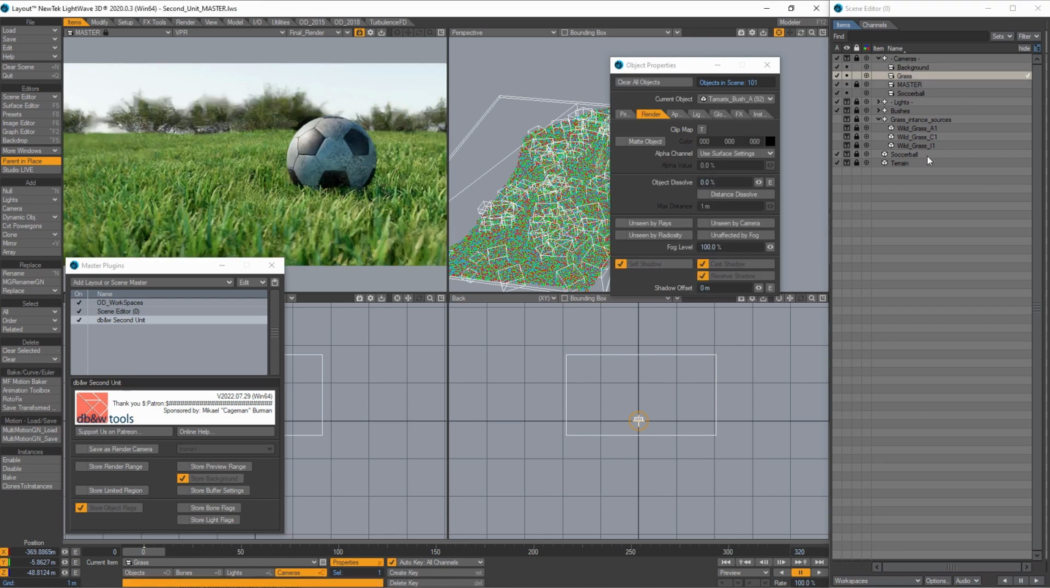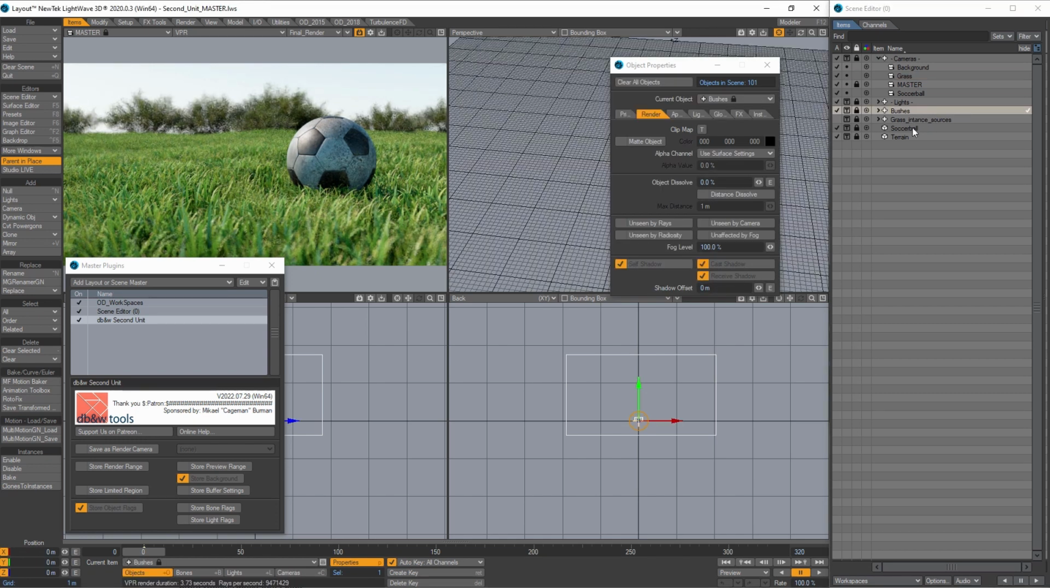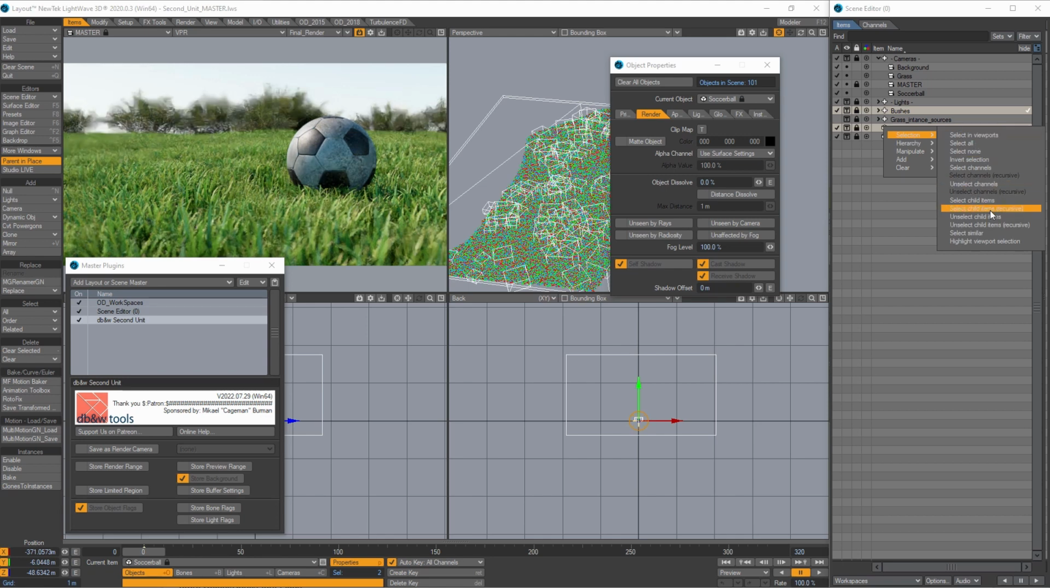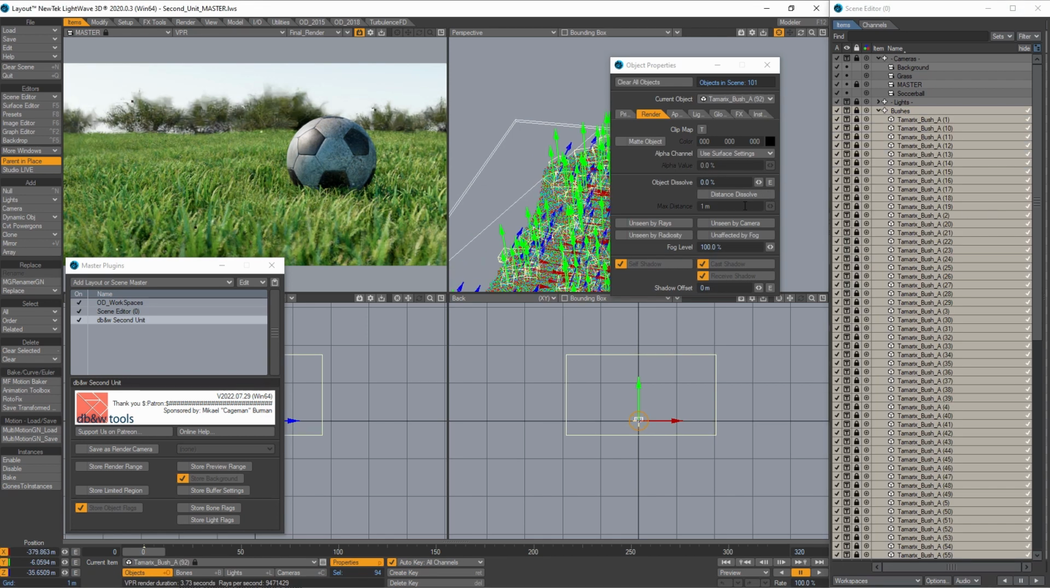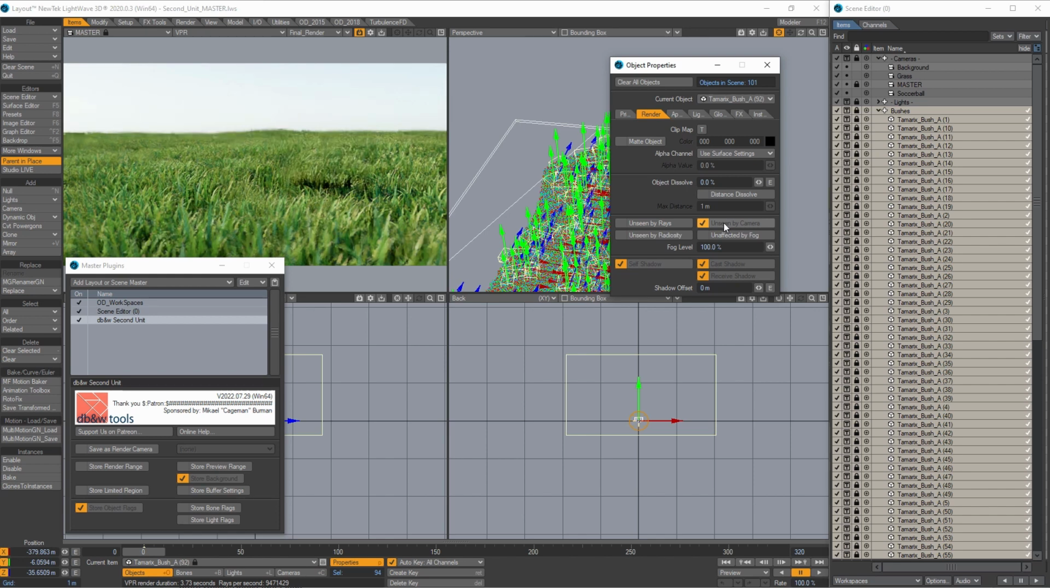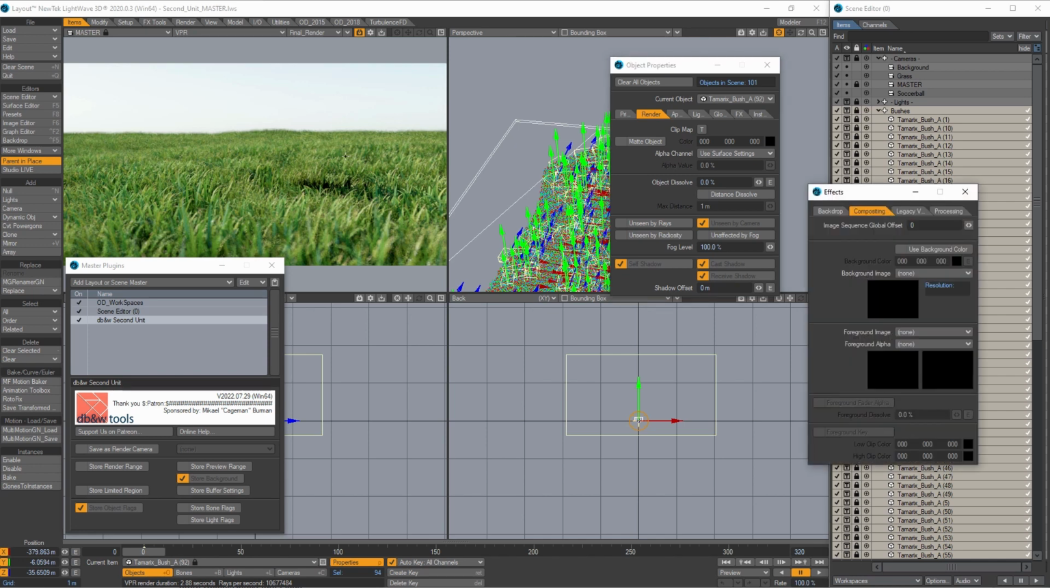So the second pass is the grass. So for the grass, first of all, I want to select the bushes and the soccer ball. Do that, and then you say unseen by camera. But then what I also would want to do, and this is something that I know is only supported in 2020, according to Michael Wolf at least, and I trust him very much because he is the one who's developed this, anyways, is if you bring up the compositing tab,